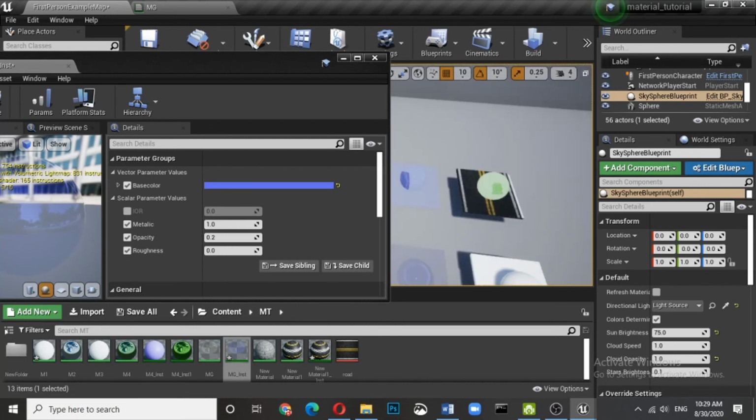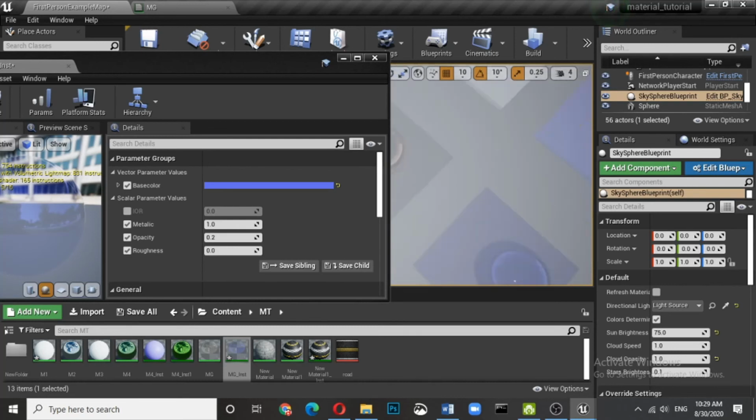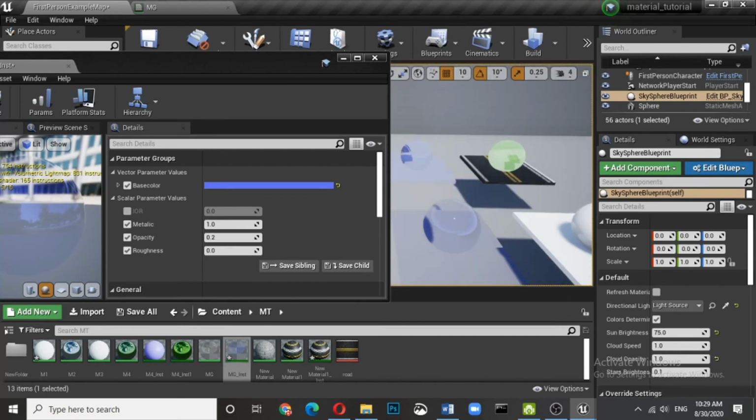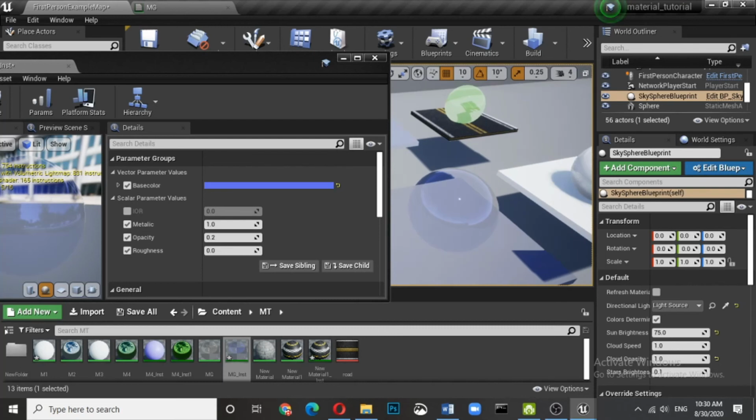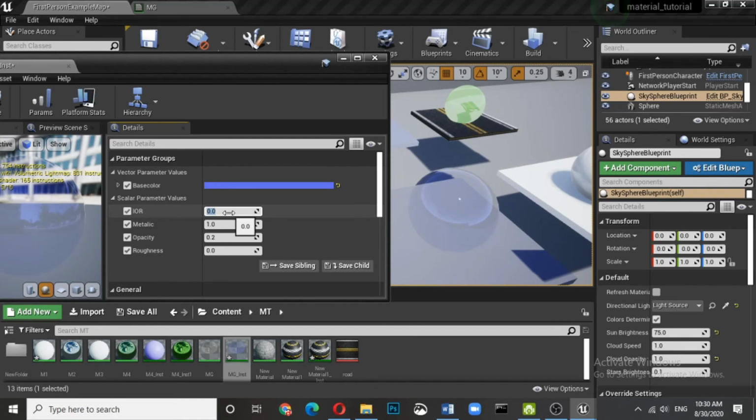Let us focus on this. The moment you change it, normal glass has an IOR of 1. So if you change it, there is no change on the edges.